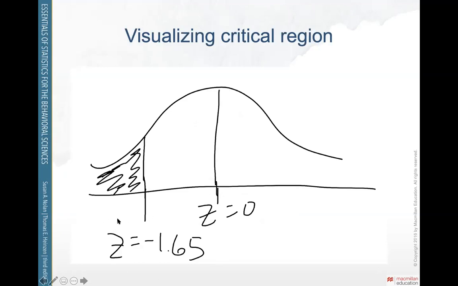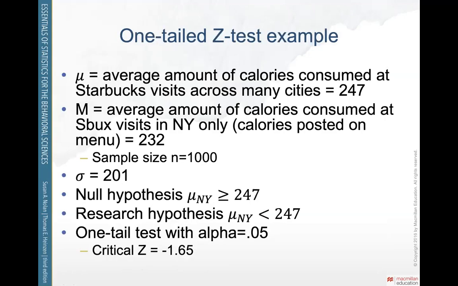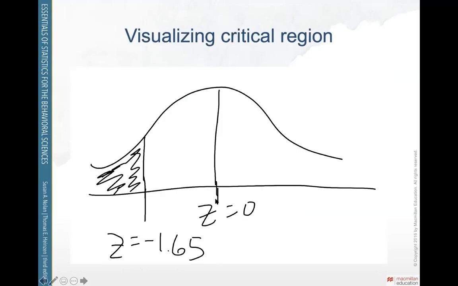And then our critical Z is right here. Z equals negative 1.65. What we're going to do once again is calculate a Z-score for our sample mean, I believe it was 232. We're going to see where along this distribution it falls. If our Z-score that corresponds to the sample mean of 232 falls anywhere in this white